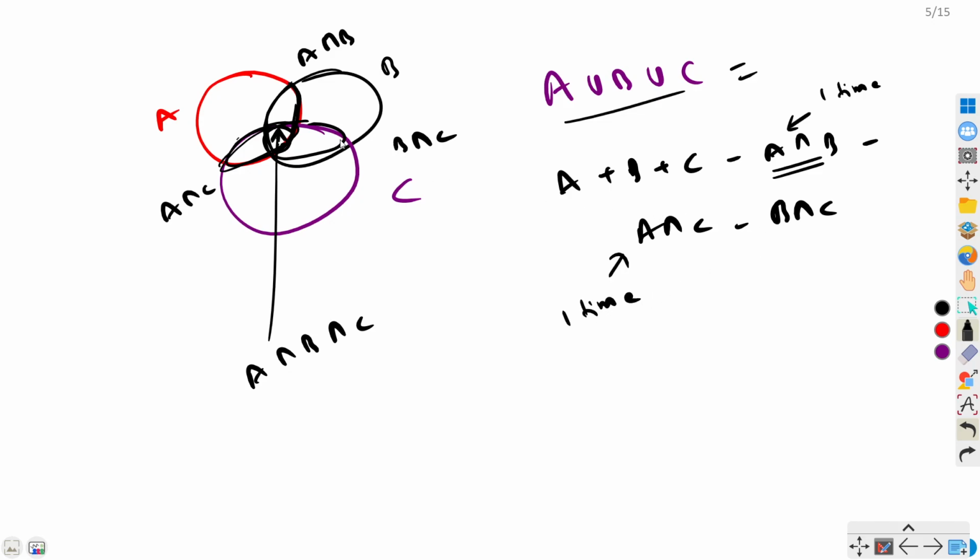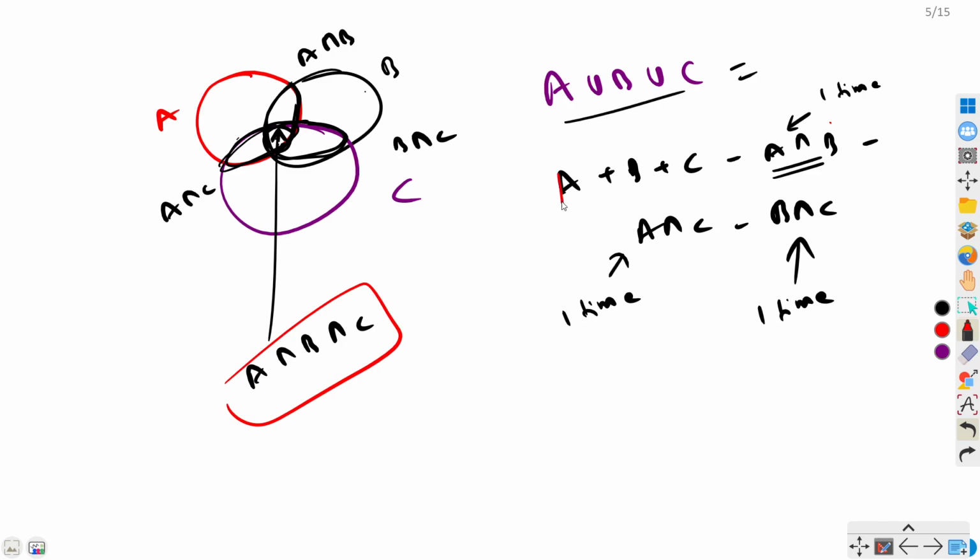And for B intersection C, B and C is here, so B was subtracted. In this portion, we again subtracted this, right? So we again subtracted this. So whatever times the common area, A intersection B intersection C, was there, we subtracted all of them,